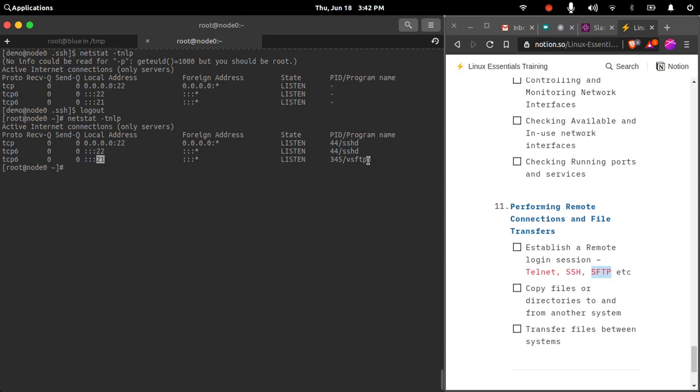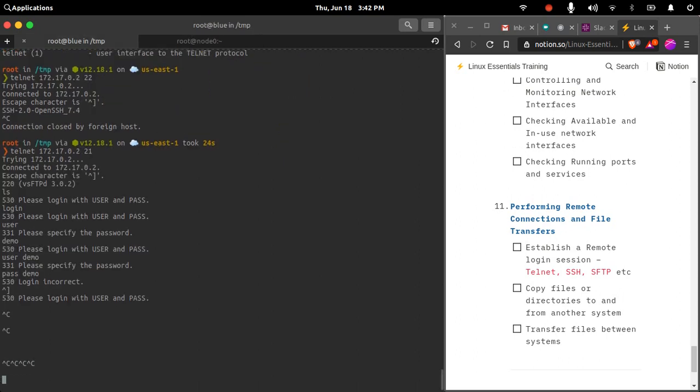If you have any users configured in FTP, then you can log in with that user's details and establish an FTP connection to this particular remote system. So FTP is one way of establishing a connection, and the FTP server is a package that comes on the Linux system. You install this package and start the service, which will start the FTP server, and then your target instance will act as an FTP server. People can log in and transfer or copy files from the FTP server. So this is one way of doing things.